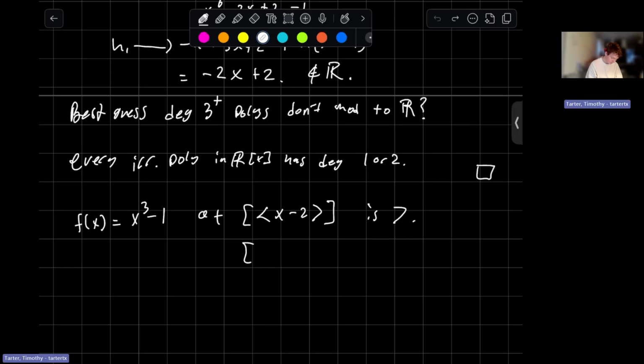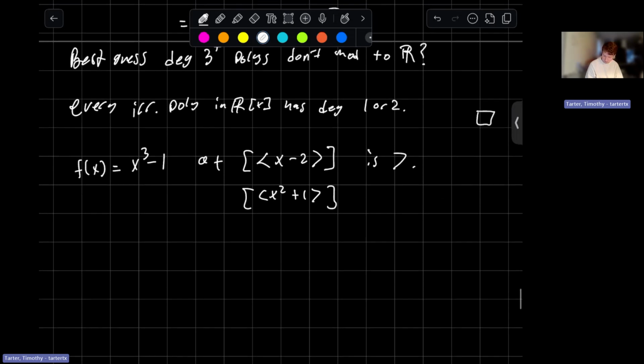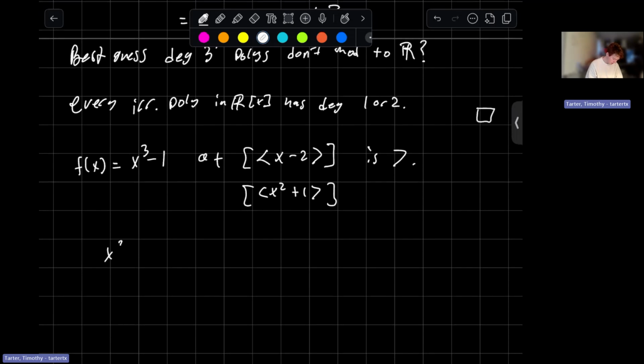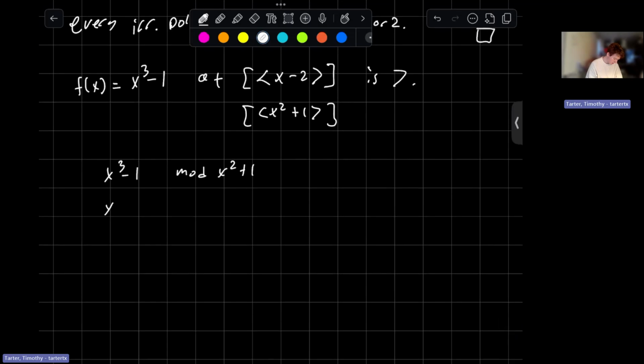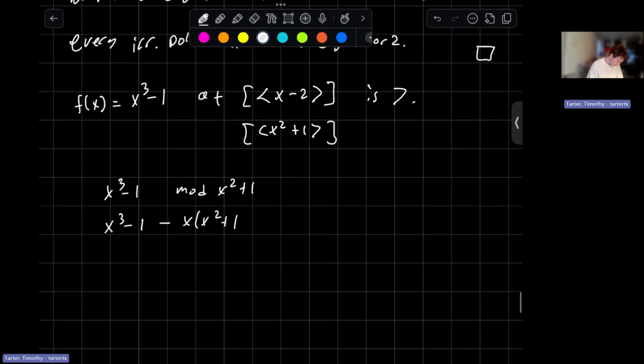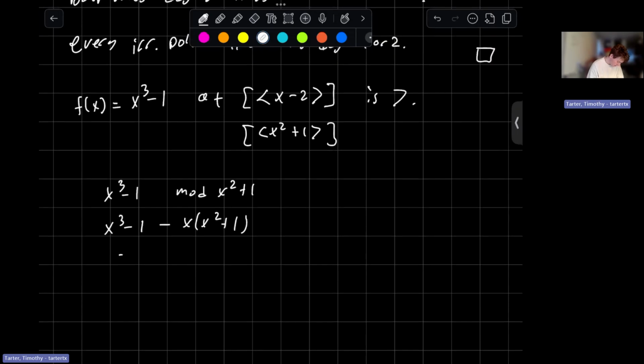At x squared plus 1, we get x cubed minus 1 mod x squared plus 1 is minus 1 minus x times (x squared plus 1), which is minus x minus 1,